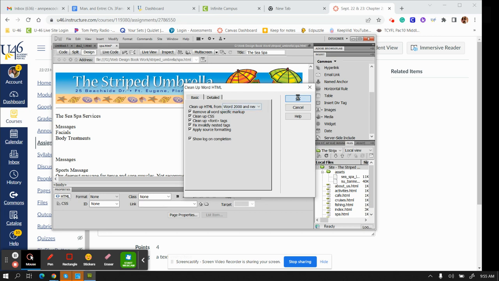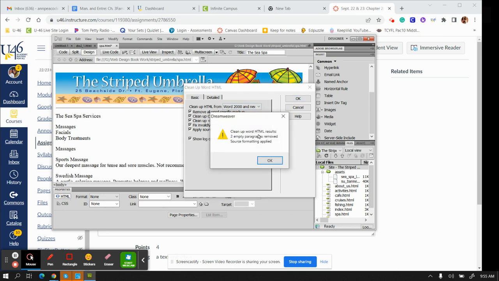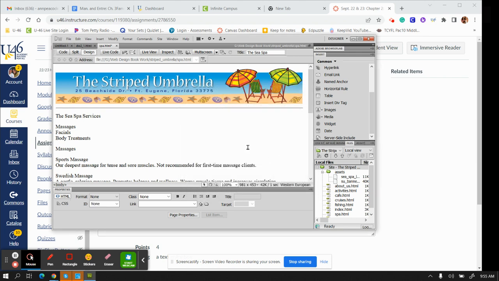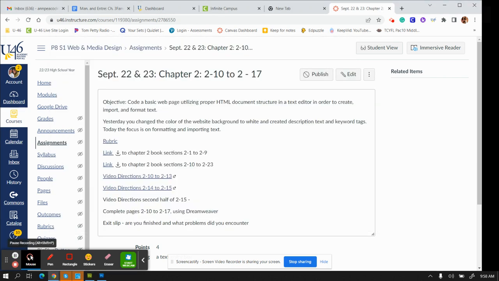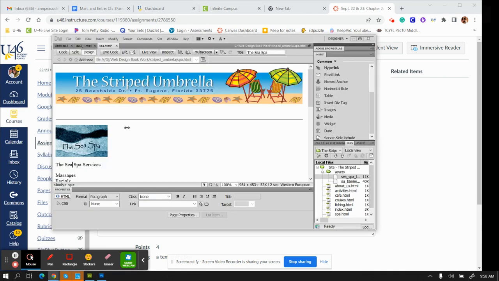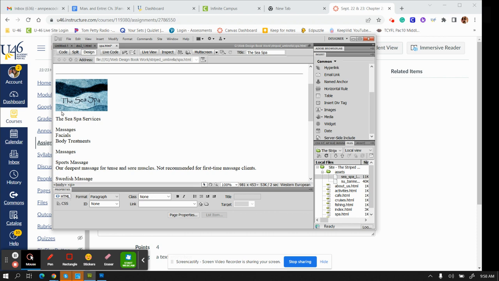These should all be checked. And you just click on OK and X. 2 empty paragraphs and loose source formatting apply. Okay. Then you go ahead and click OK. Okay, so the next thing it asks you to do is put your cursor in the middle, anywhere between the